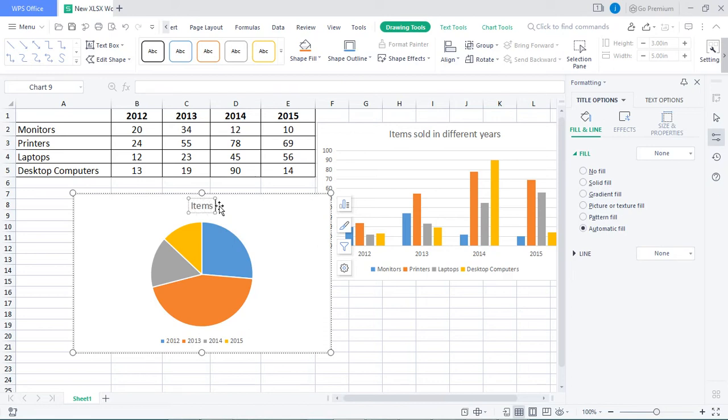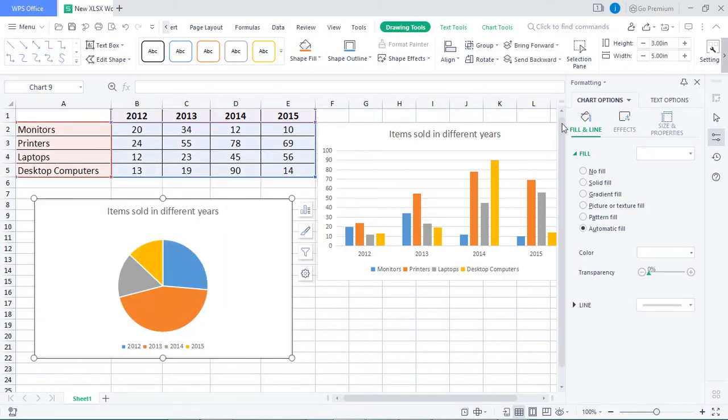Items sold in different years. Now, keeping this aside, closing this.